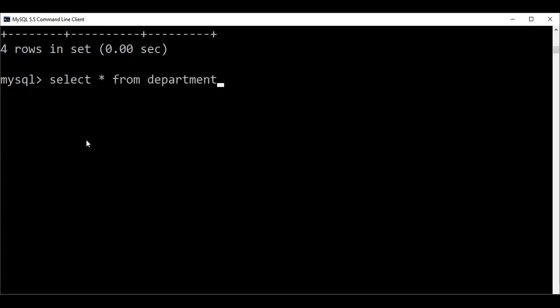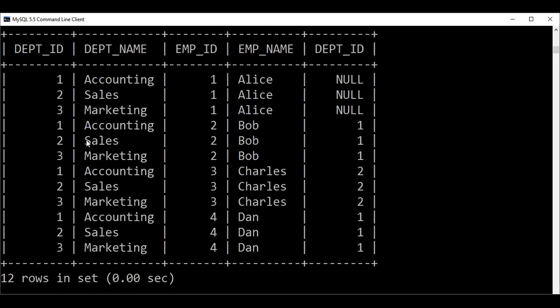Now, if I simply give department comma employee 2, this will give me the cross join operation. But I don't want the comma. I'll write the join operation instead. If I write join, here I'm not specifying anything: department join employee 2, then it is giving information. See what information it is giving: 12. So this is a cross join operation.